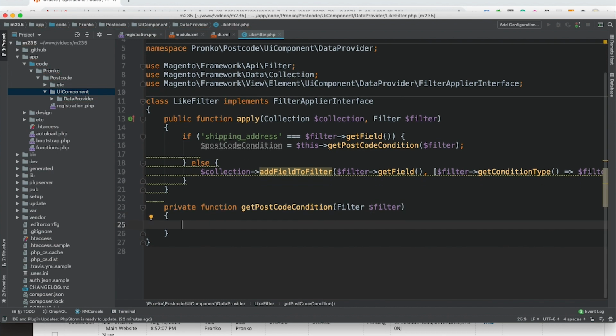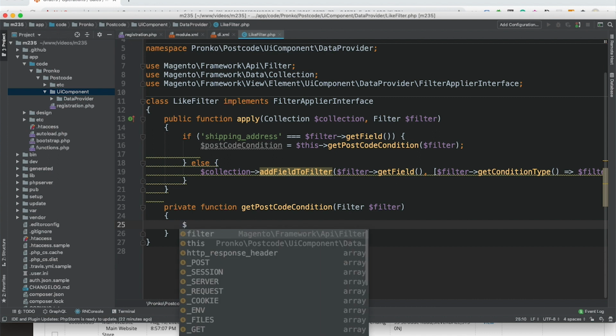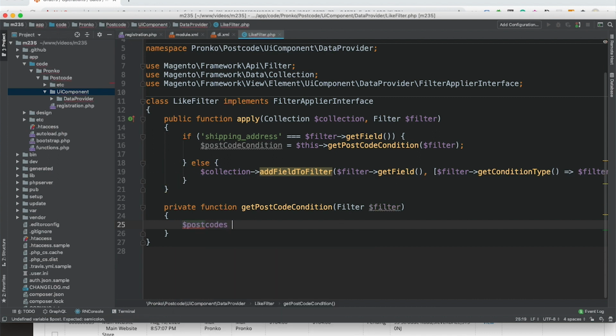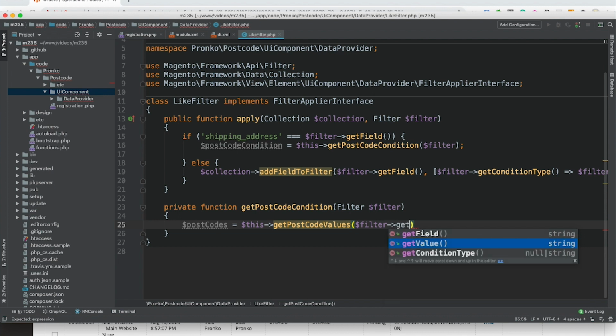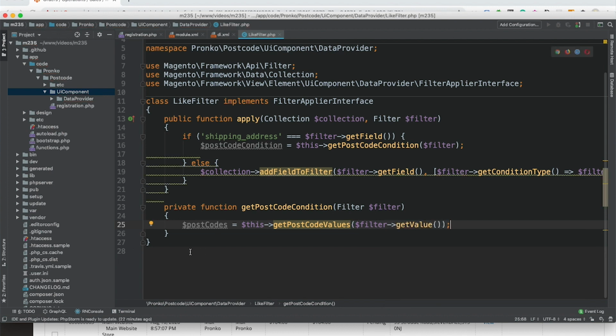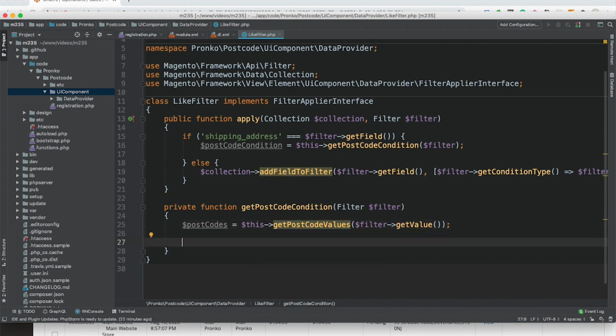Here I would like to get postcodes, more than one postcode, get postcode values. I will pass filter get value into another method, and this method should return me one or two postcodes.